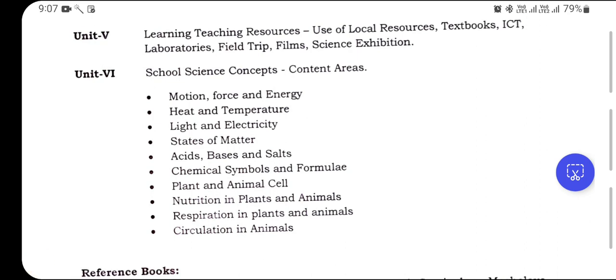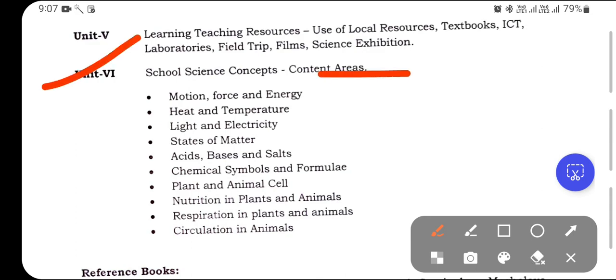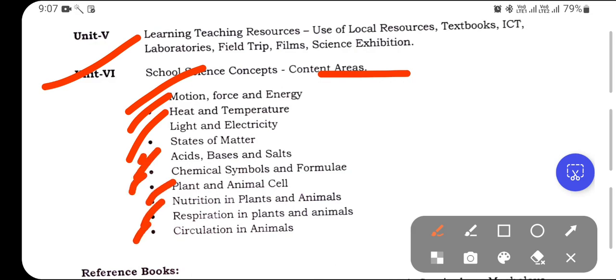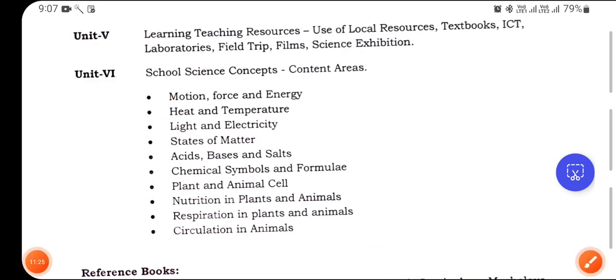Okay, now coming to topic 4, school science and concepts. Motion, force, energy, heat, light, electricity, states of matter, acid, base, chemical, plants and animals in nutrition, respiration of animals, circulation in animals. So friends, these are a lot of topics. These are just headings, so you have to study in depth.